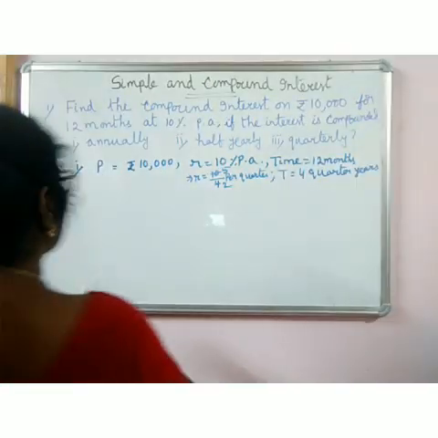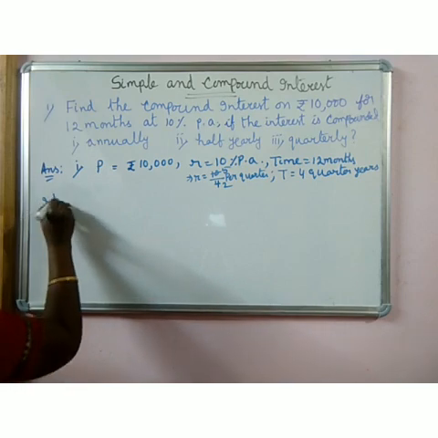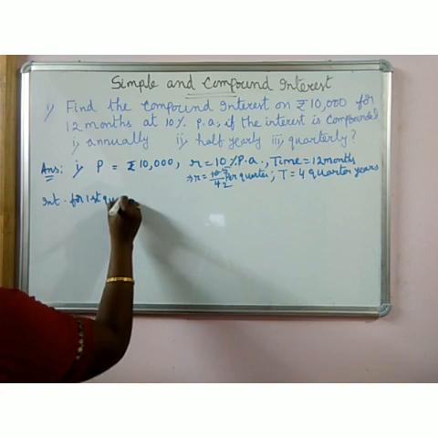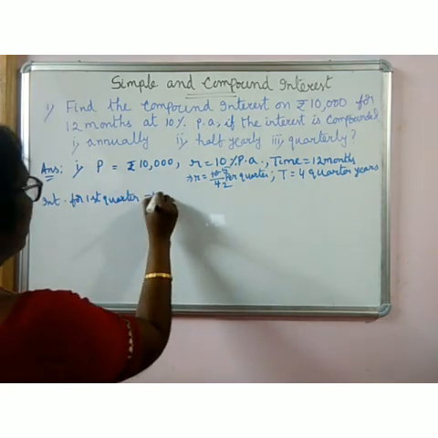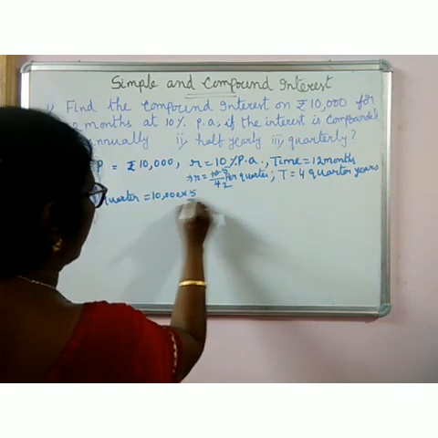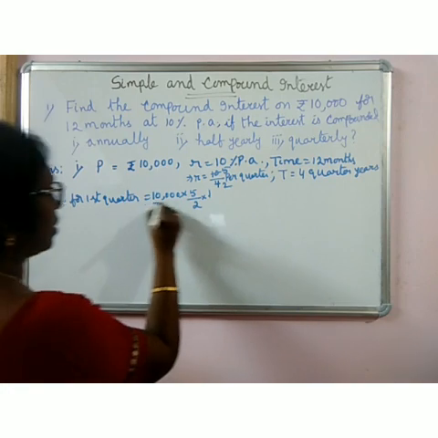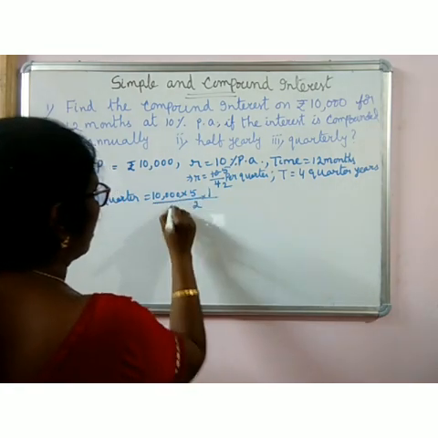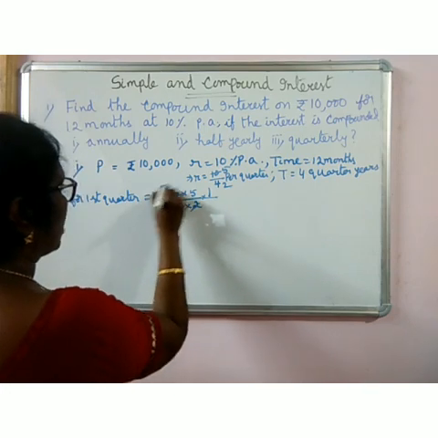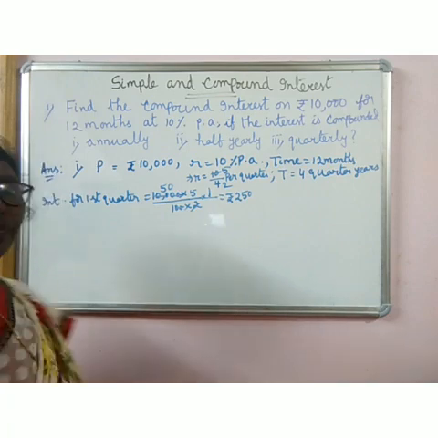Now I am doing first interest for first quarter, equal to 10,000, R is 5/2, time is first quarter, 1 by 100. Can't I write like this? 100 we can write here. Two zeros cancel. 2 ones are 2, 50s are 250. You are getting 250 rupees.